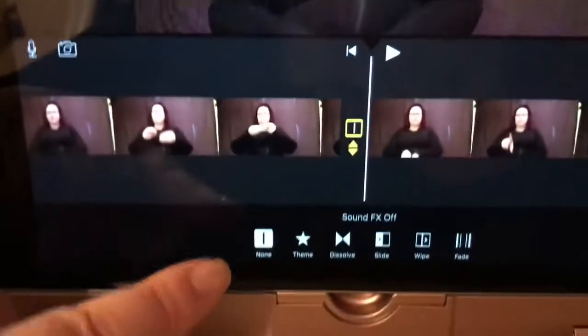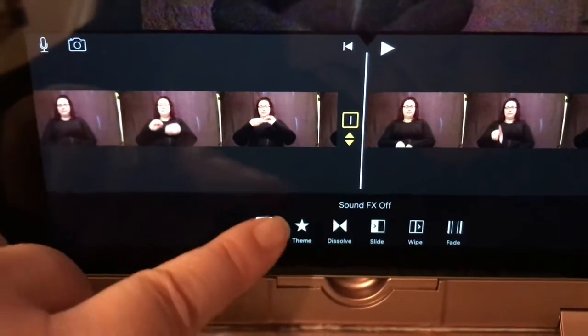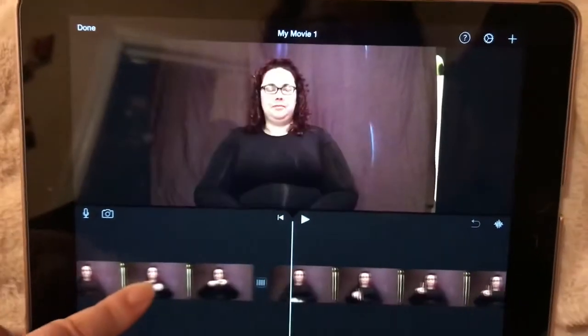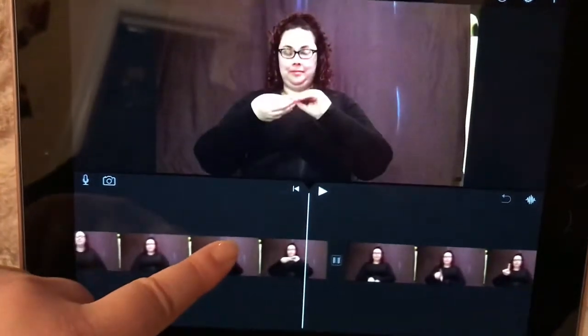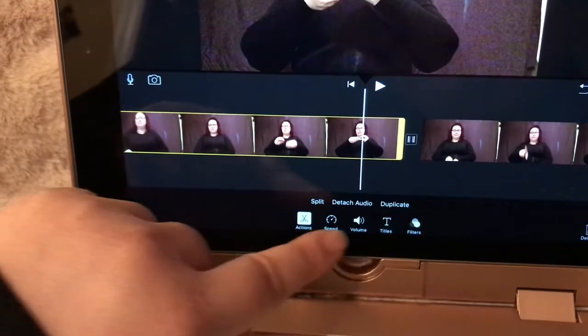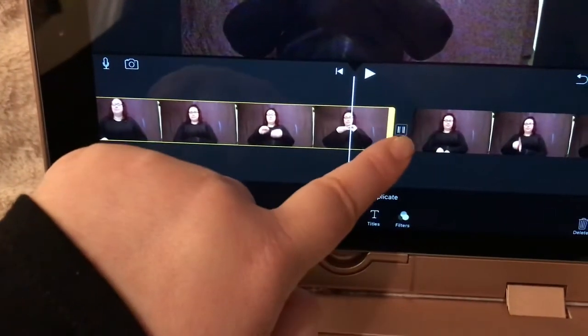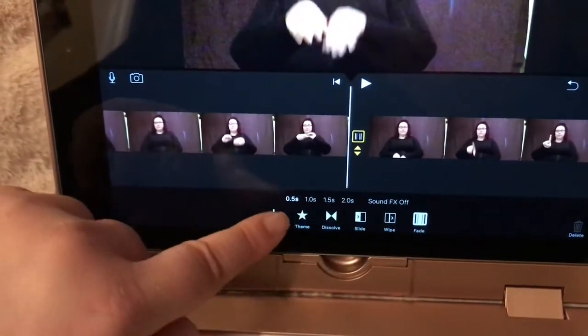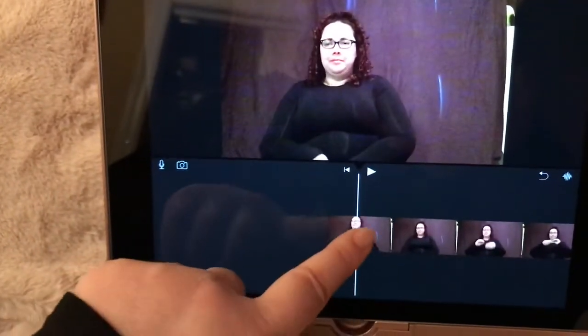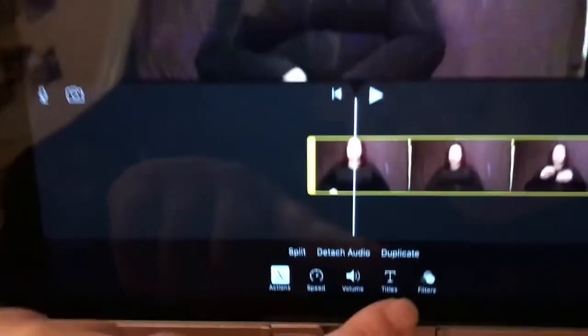This is the transitions. I always pick none, but you can play around with them. You can have fade, and it will fade in and out. They all do different things. I always just pick none for that. Anyhow, to add text, you would hit this little T,